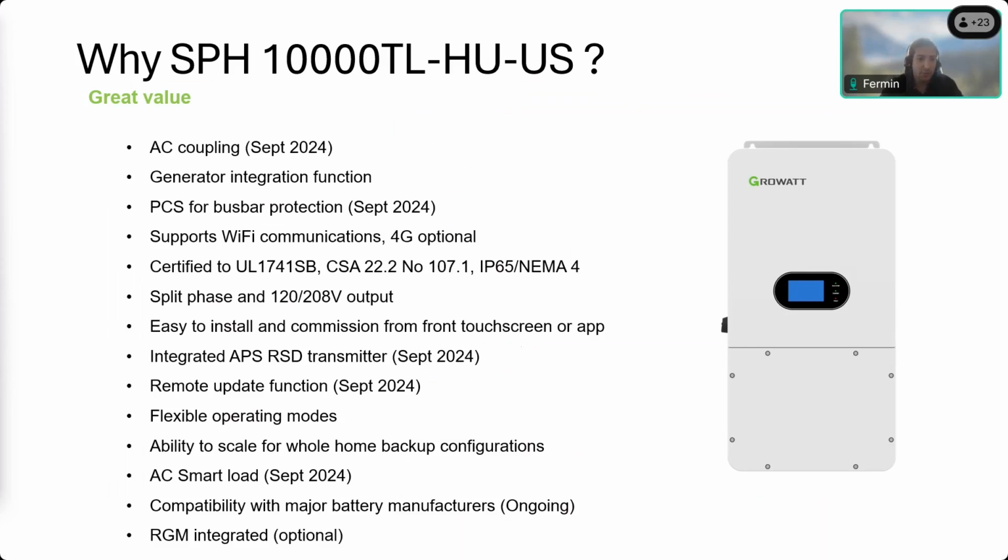It can connect to a split phase, 120 or 208 volts output. You can stack up to 6 of these inverters in parallel. It has flexible operating modes. It has an integrated APS RSD transmitter. So it comes with all these great functions and great features at a great value. It also comes with an integrated RGM. That's optional. You could use the generator port to control an AC smart